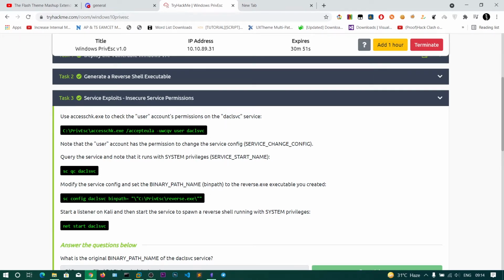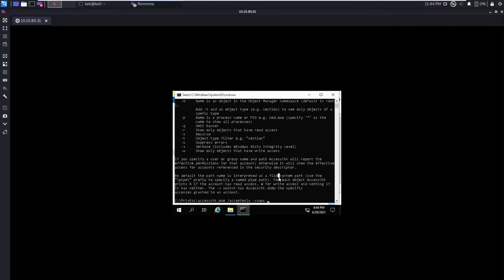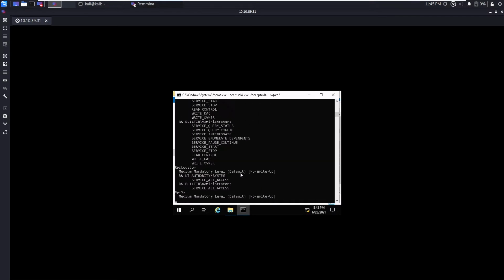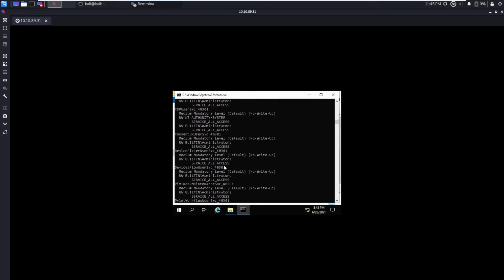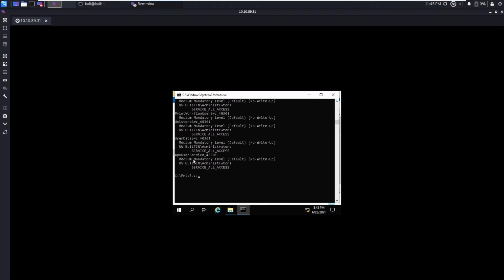They did not show us how to find this one because we don't know in advance when we are doing the boxes. So what you can do is put a star here, and if you run this, it will give you all the services which have read write access.